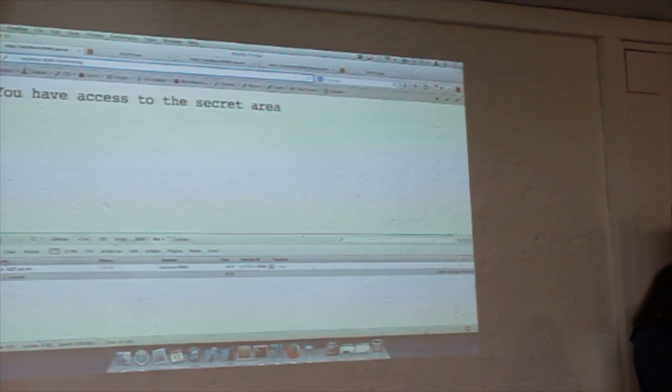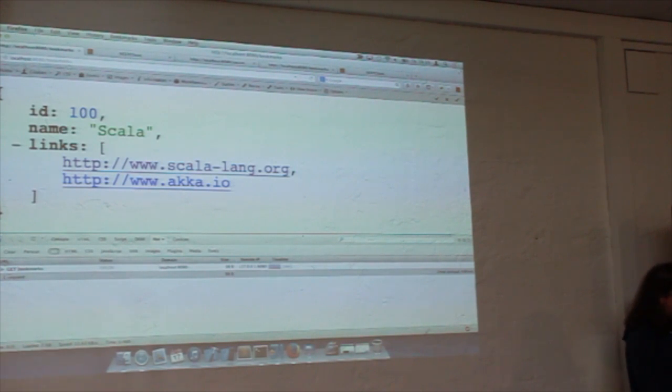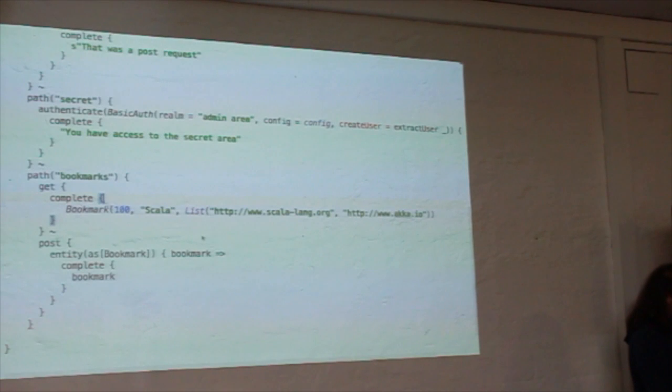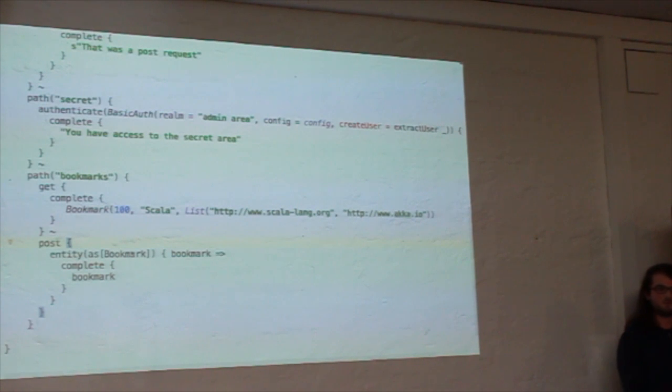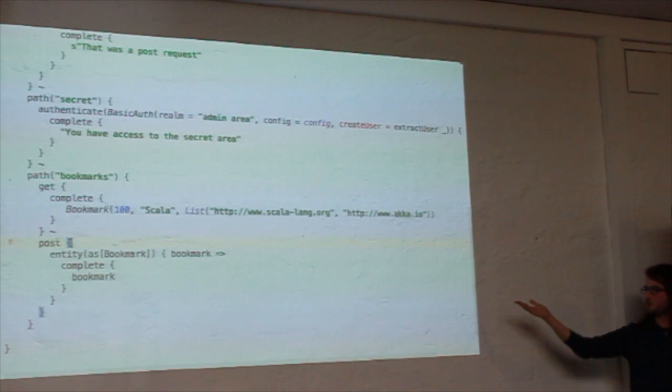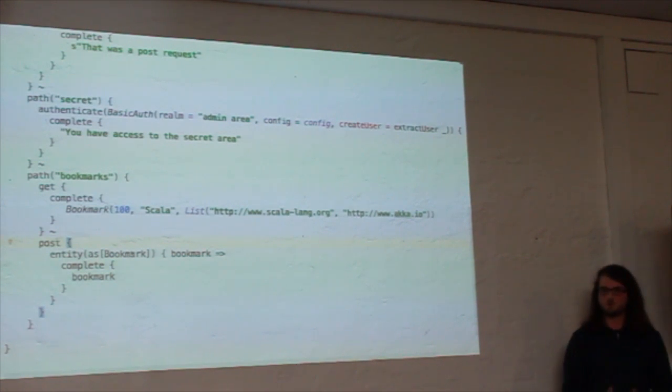So bookmarks here. Voila. This is the case class, and all I need to do is provide their JSON format. The same works for post requests. Here I have a new directive called entity. And I say the entity I get in my post request has to match bookmark. If it doesn't, it would fail, and it tells me why it fails, for example, that I'm missing a parameter name. And then you complete it, and in that case, it just sends it back. But this is the point where you would usually send it off into the application.